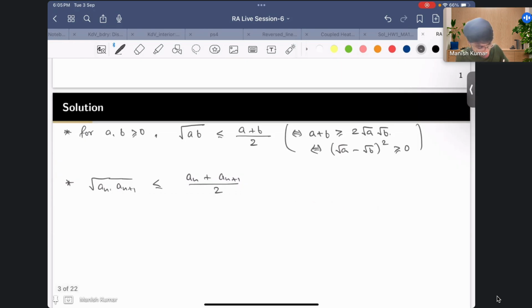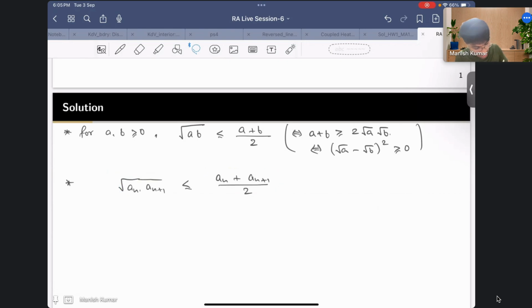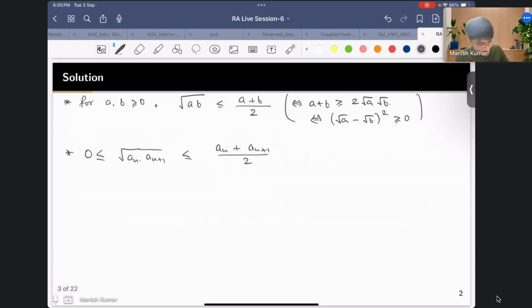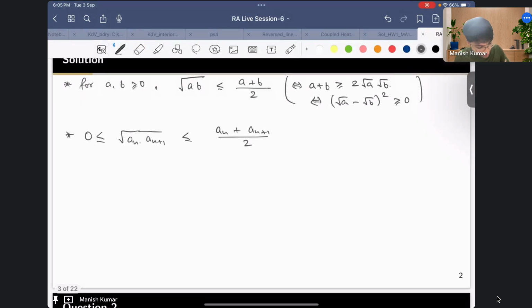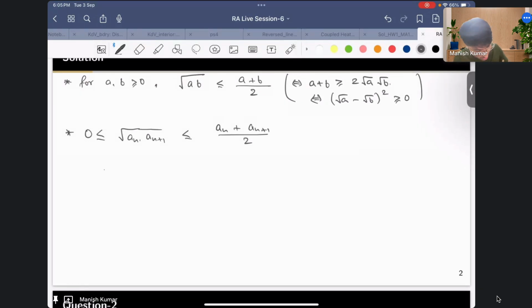All are positive, so this is less than or equal to, right? So now you know the summation of (a_n plus a_{n+1}) by 2 for n equal to 1 to infinity is half summation a_n